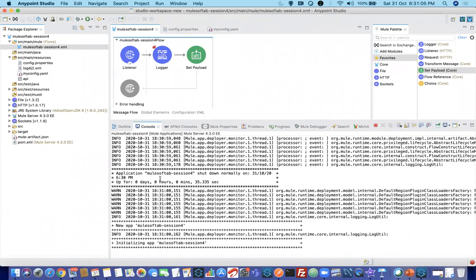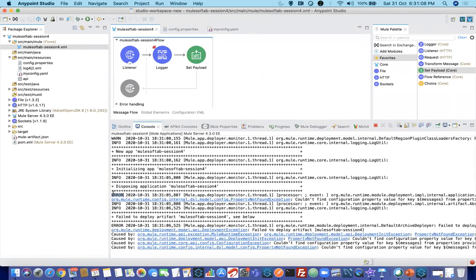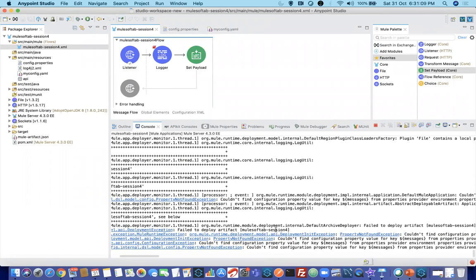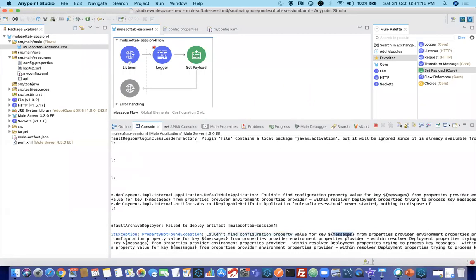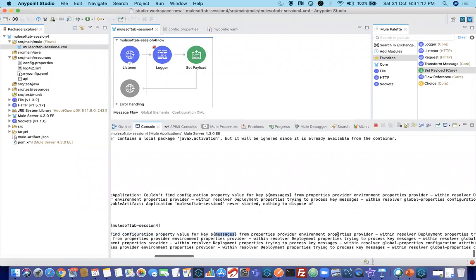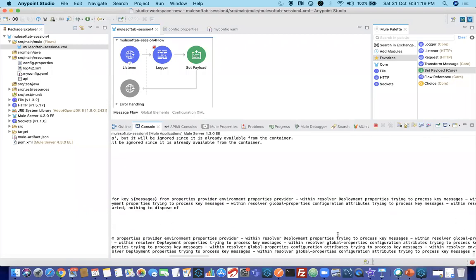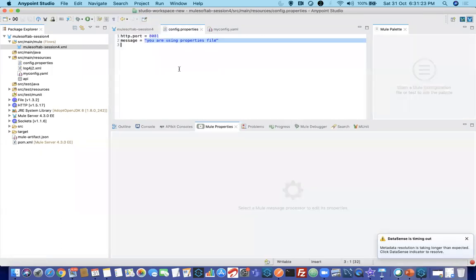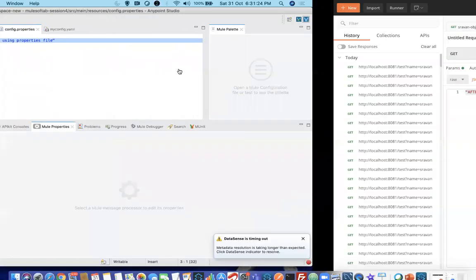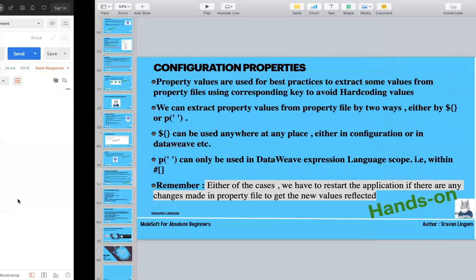Okay, before deploying itself, it will load. You can see that's the reason it is saying error. What is the error it is saying is couldn't find the properties messages, because there is no name called messages. All right, so make sure that all property keys which you give within code are present in your property file. All right, so that is all for today.